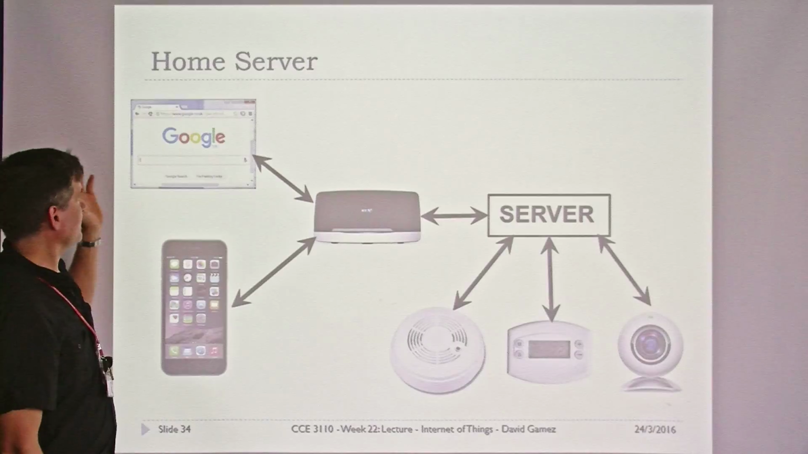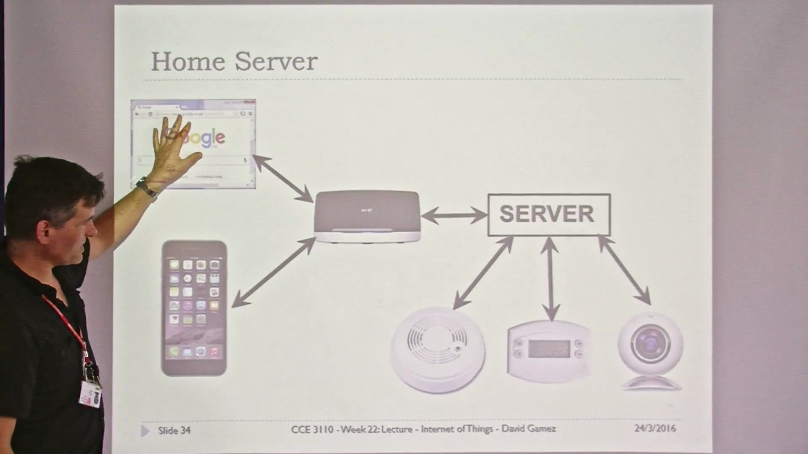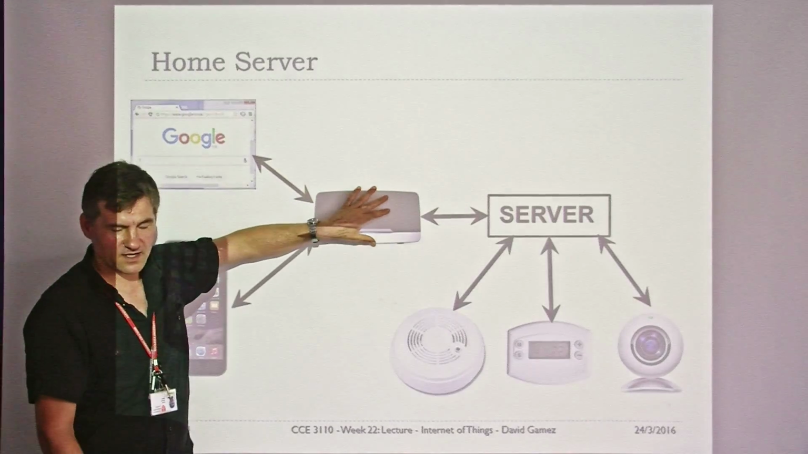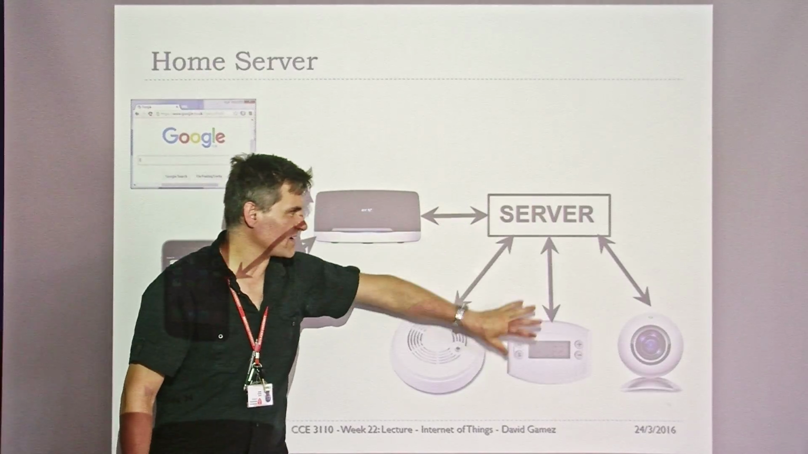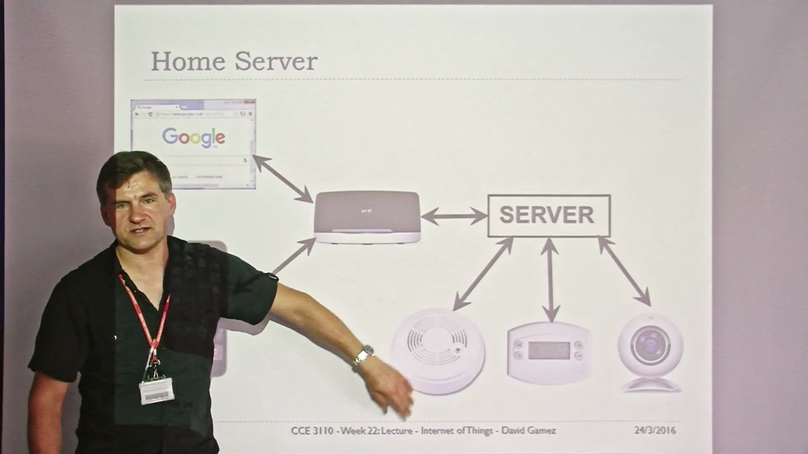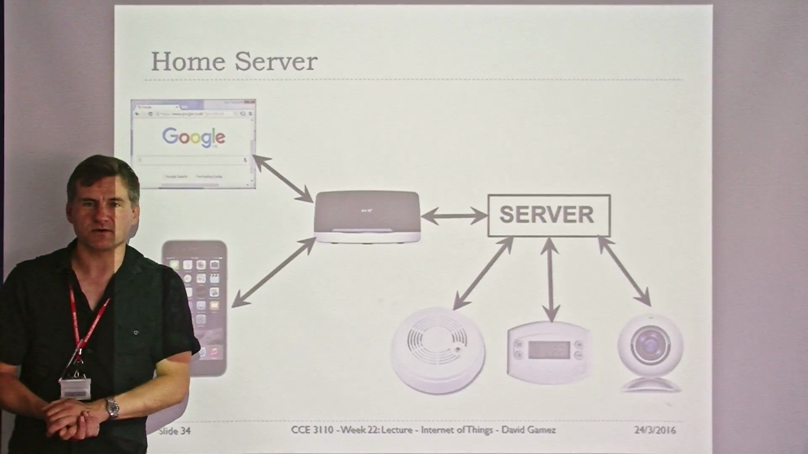So here we have a web page, whatever, client in Google Chrome, and then this kind of talks to the home server, to the router, home wireless router, and then this links through into the server, and then the server talks to your camera, your thermostat, and your smoke alarm, and maybe also talks to your phone, your tablet, or whatever that's running